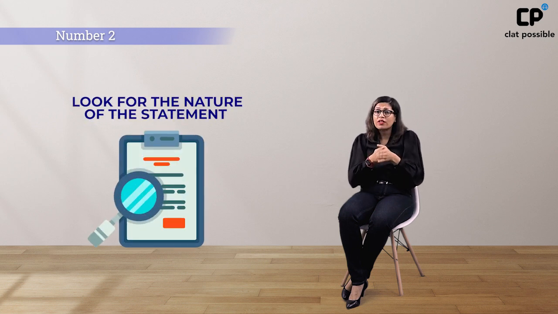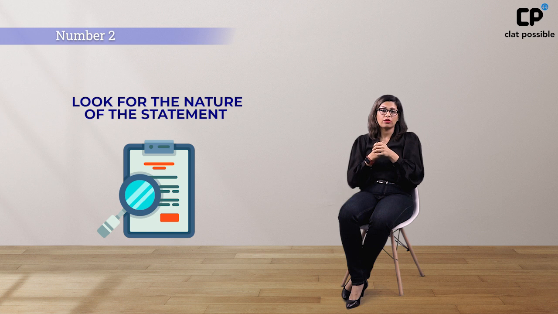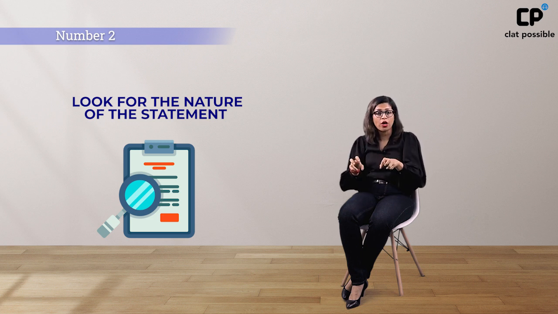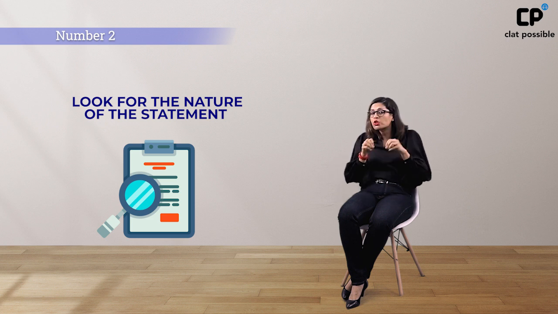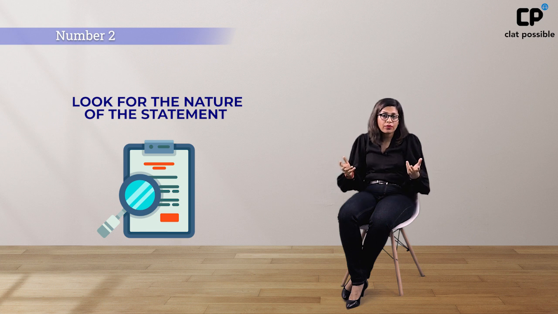Number two, in the absence of any indicators, look for the nature of the statement to suggest whether the statement due to its nature is a conclusion or not. Is the statement prescriptive, predictive, a causal claim or a factual claim, or maybe no conclusion is stated. Now what are these? What is a prescriptive conclusion?